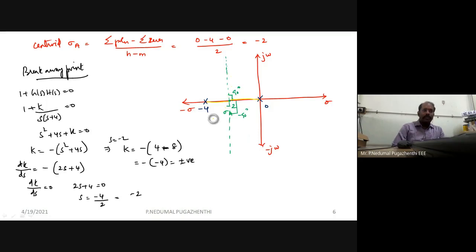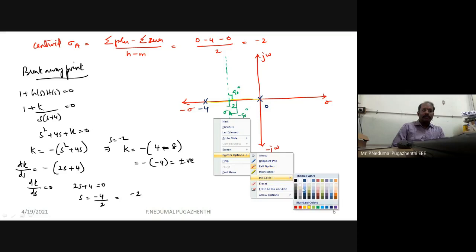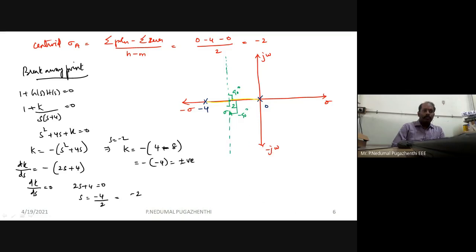Let me take another color which is easy for visualizing it. Let it be this blue. You can see it here, this point, then another this point. Once they meet here, afterwards they will travel in the direction of the asymptotic lines. They will not have any crossing point, because the asymptotes are taking them to meet their zeros at infinity. They are not finite zeros, they are infinite zeros. So this is how the root locus branch is going to be.